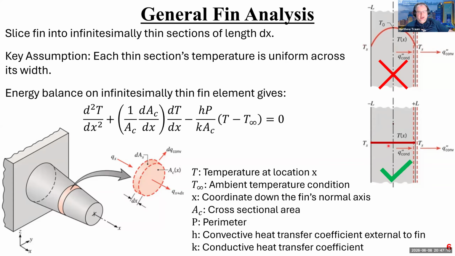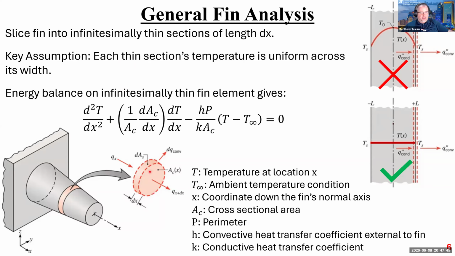So it has to be this, where you have a surface temperature on one side, a surface temperature on the other side, and you just have a flat temperature profile, same temperature all the way across, right? So I've got the X here, and I've got the check mark here because this is the temperature profile that we're looking for. So that is an underlying assumption that gets made when this equation is derived. So provided we have infinitesimally thin sections of fin, and each one of these little sections is uniform in temperature,